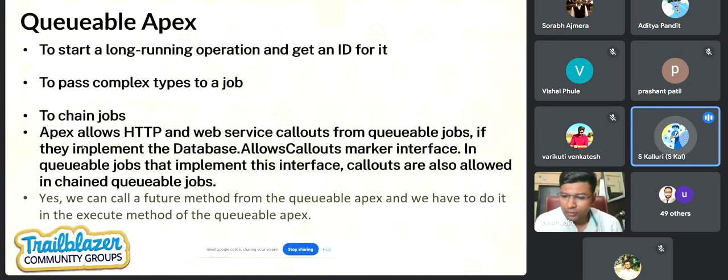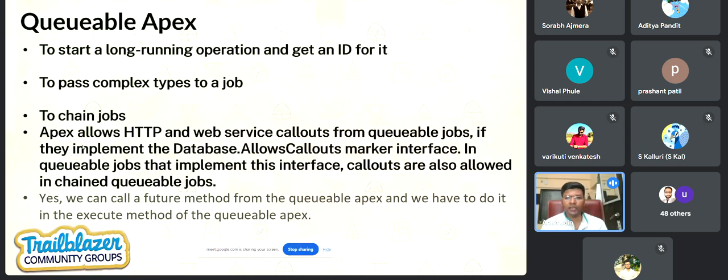Ankit, just as you said, with the future method we are not able to pass objects because the state of the object may change. But how is the same thing achieved in Queueable? Is some lock placed, or what is happening in the background? As per my understanding, they are making some checks. The actual problem was that while you pass an object, the state might change. So the workaround they have done is taking the latest state that is there and considering that as the final state.